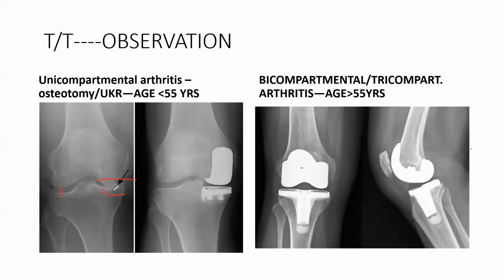In any joint, wrist, elbow, hip, there is a cartilage which prevents bone to bone connection, and that's why you don't have pain. As soon as there is a loss of cartilage, the bone attaches on the other bone, and it will start giving you pain. So what is unicompartmental arthritis? This bone is bone on bone, so you cut this part and apply a metallic implant, so there is no bone to bone connection. This is known as unicompartmental arthritis.